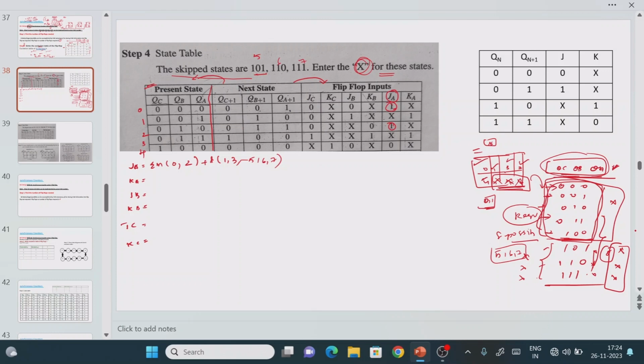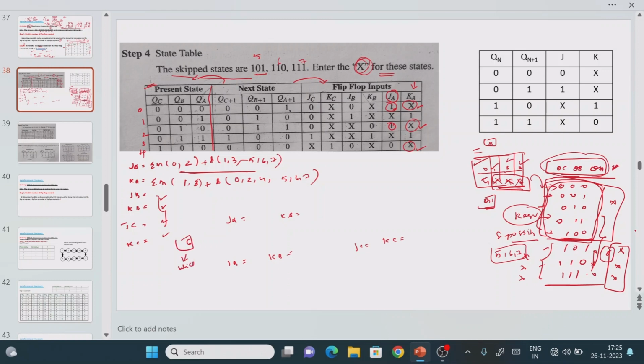Right? Now what is the function for KA? Find the minterms for KA, where we have the SOP function 1 as well as 3, plus the don't care combinations. Here we have a don't care, here we have a don't care, which means this value is 0, this value is 2, this value is 4, right? So 0, 2, 4, then 5, 6, 7. Like that you complete the values for JB, KB, JC, KC. After finding this, what do we have to do? We need to find the K-map for JA, KA, once it is done, then JB, KB, and then you find the K-map for JC, KC. How many K-maps are required? 6 outputs means 6 K-maps are required.